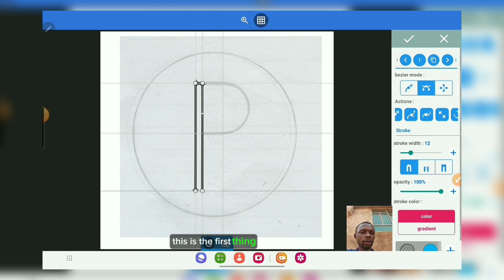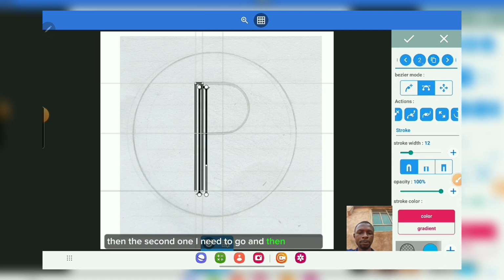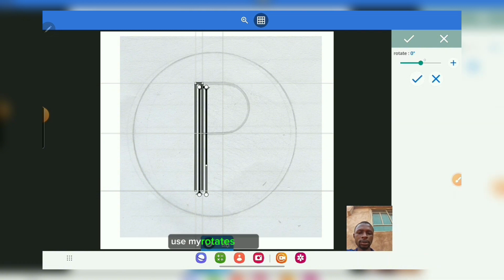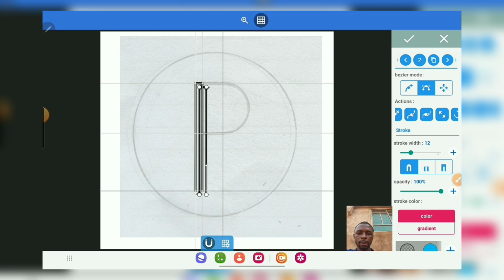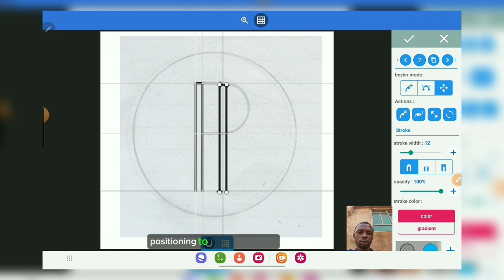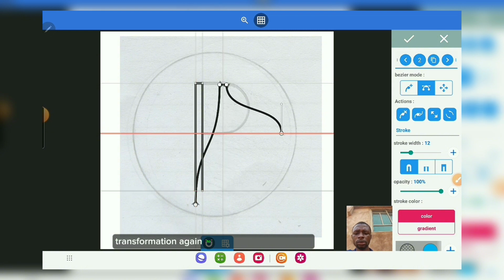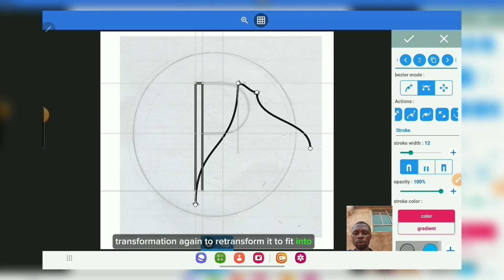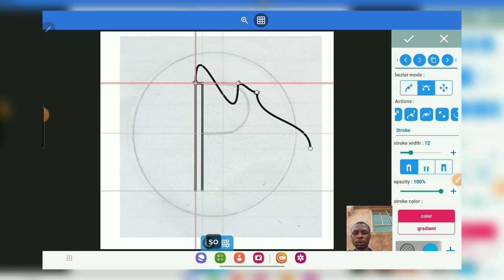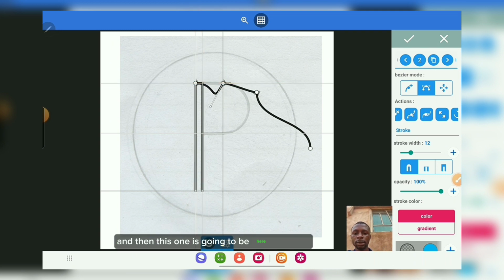Okay, this is the first thing. Then the second one, I need to go and pick this again. I'm going to use my rotate. Sorry. I'm going to use my positioning to drag it out there. Then here I'm going to use my transformation again to retransform it to fit into places that I want it to be. So here I'm going to place this one here, and then this one is going to be here, and then